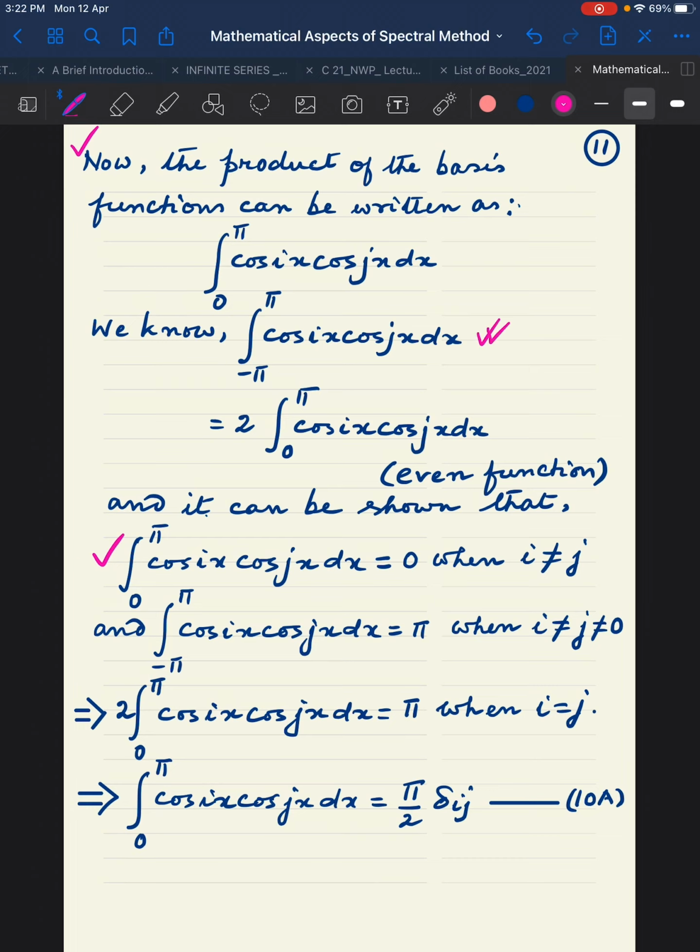So we have used the properties only, where minus pi to plus pi can be replaced by 0 to pi. So here also, in the first case, when i not equal to j, we can show that integral 0 to pi cos ix cos jx dx equals 0, and we can also show that